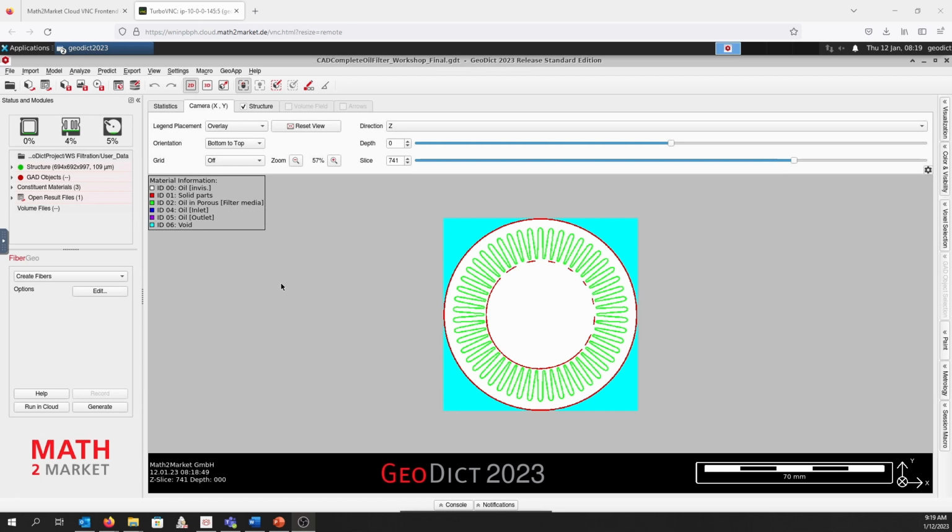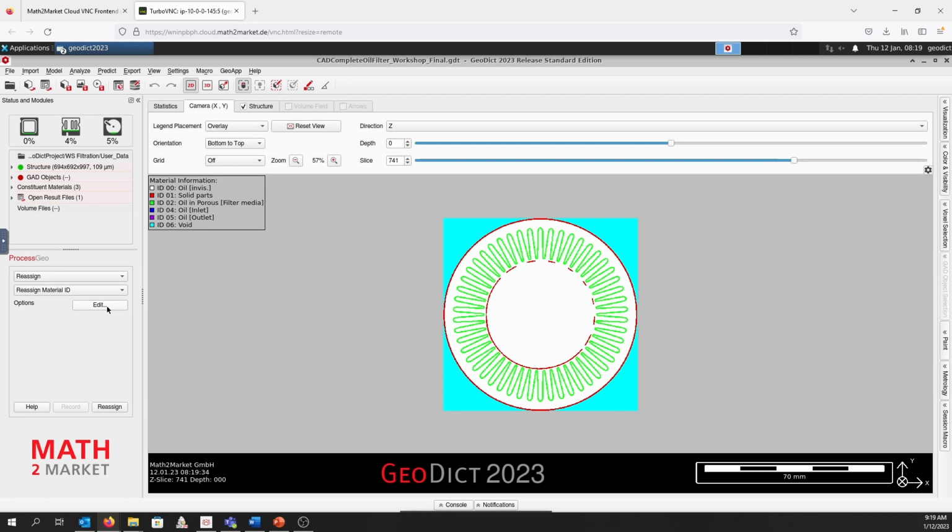To do so, in the first step, we're going to reassign the material ID 2 to material ID 0, oil. As we have done this already, we go under Model in the menu bar and we select again ProcessGeo. As a sub-function, we choose Reassign and reassign material ID.